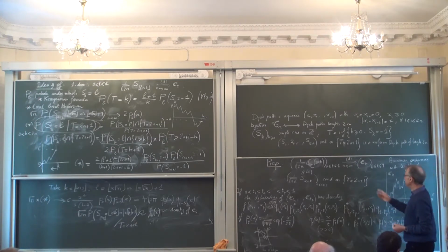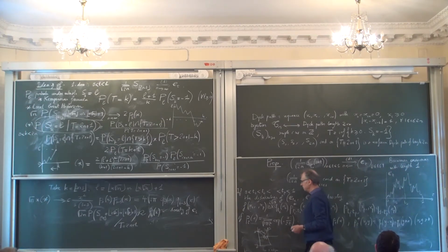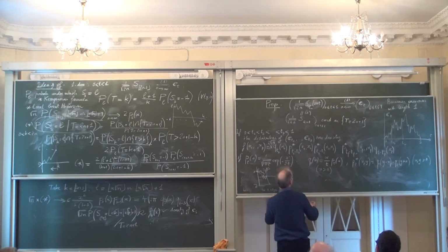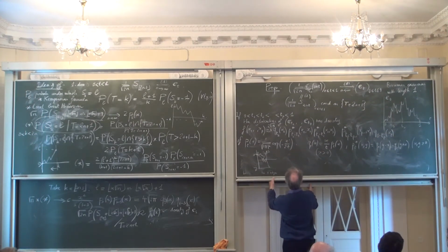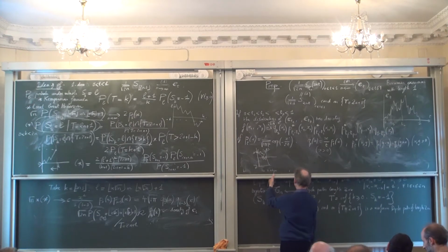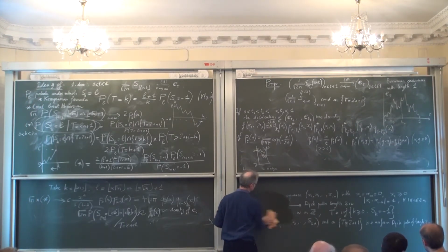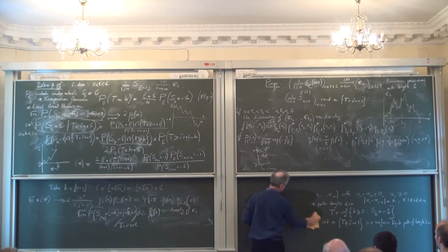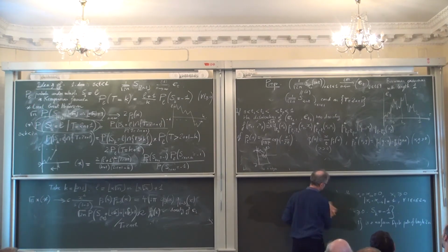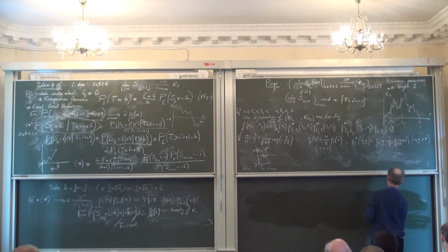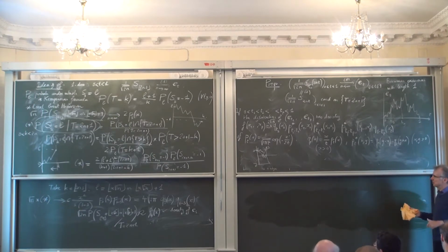So this gives you an idea of the proof of this result. And of course, it's not enough to prove convergence of finite dimensional marginals. You need to prove tightness also, but tightness is not so difficult. I do not have time to give the argument, but it can also be done rather easily.